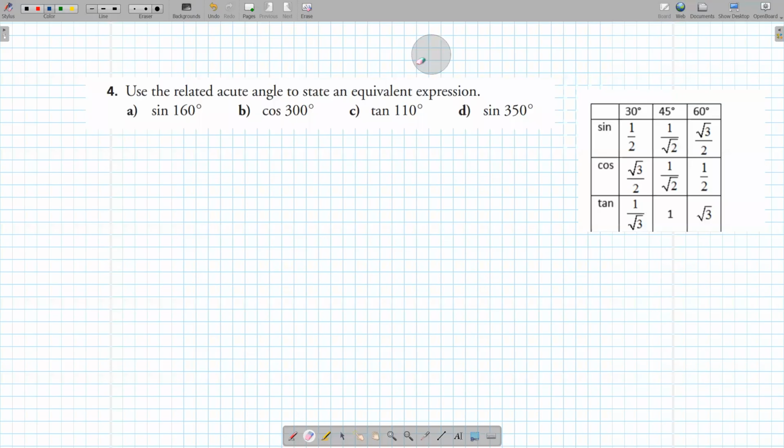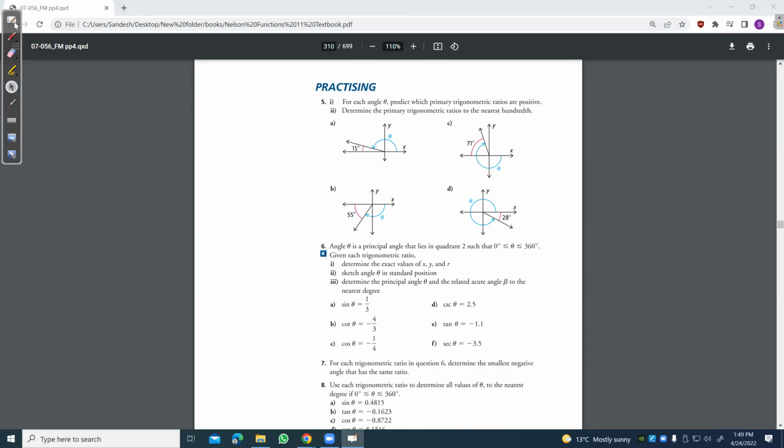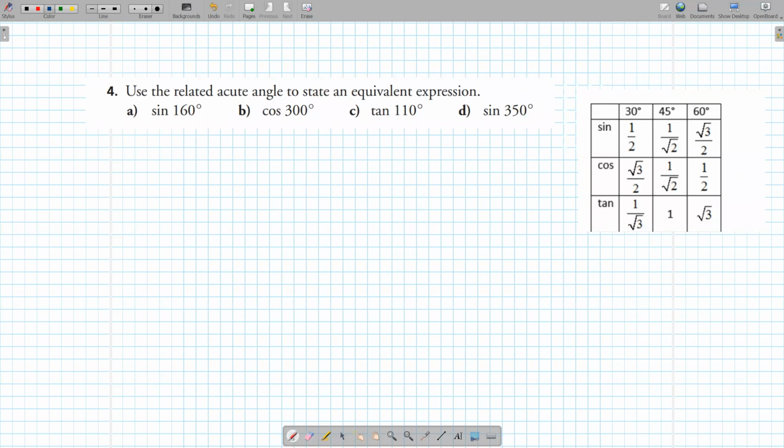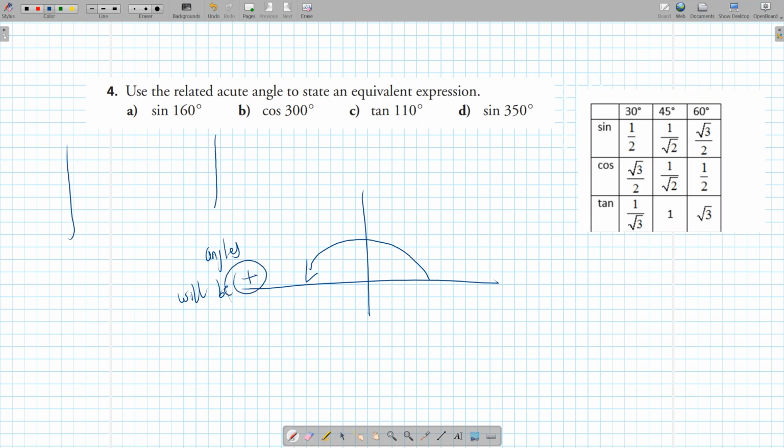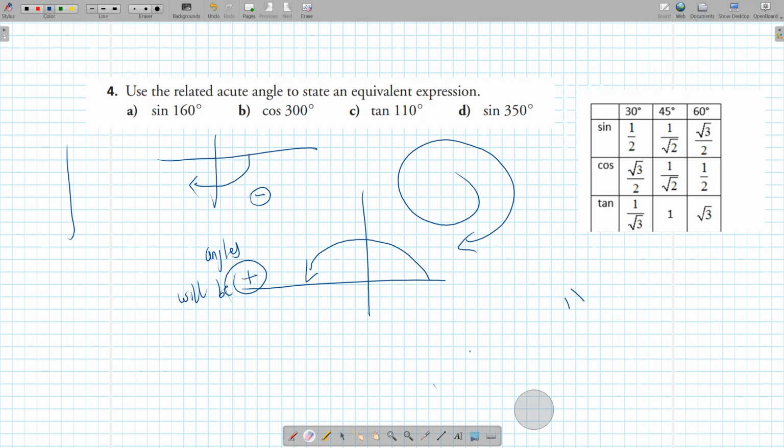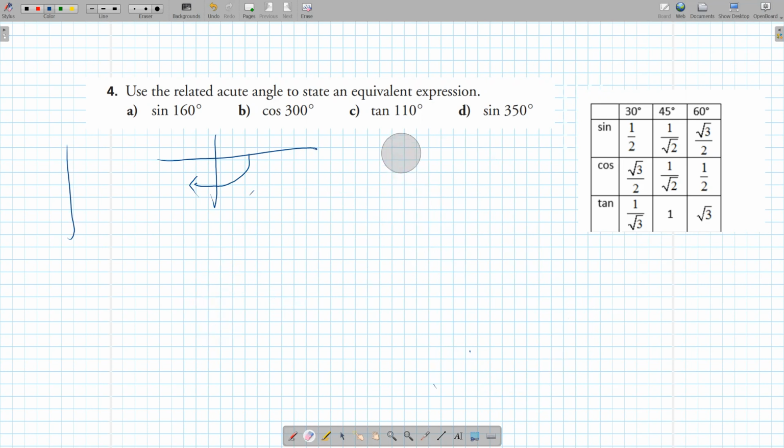All right, this thing is, we've not done this, but it should be fun. So far I've told you this. If you come from this way, counterclockwise, okay? The angles will be positive. But if you go upside down, let's say you start from this way, okay? The angles will be negative. If you go clockwise, like a clock, the angles will be negative. If you go anti-clockwise, the angles will be positive. Now, what does that mean? As we'll see in the next question,